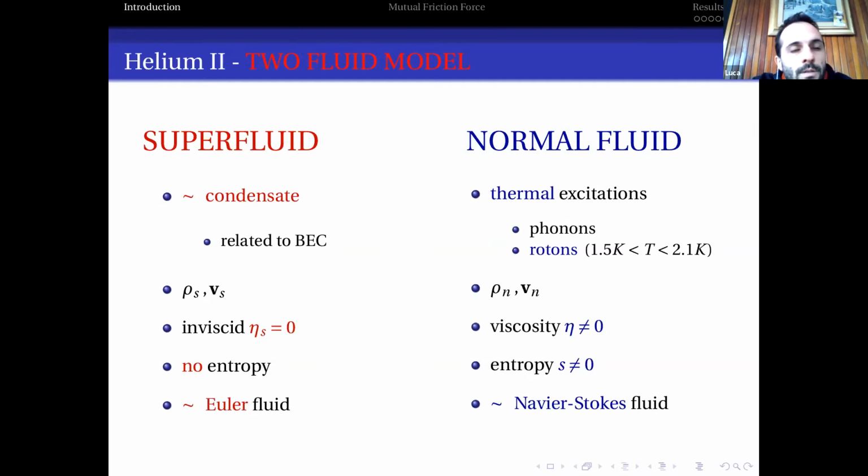As we all know, superfluid helium can be described as an intimate mixture of two fluid components, a superfluid component and a normal fluid component. The superfluid component is related to the phenomenon of Bose-Einstein condensation, even if it's not entirely correct to relate the superfluid part to the condensate fraction. The superfluid has its own density field ρs and its own velocity, which we indicate with vs,